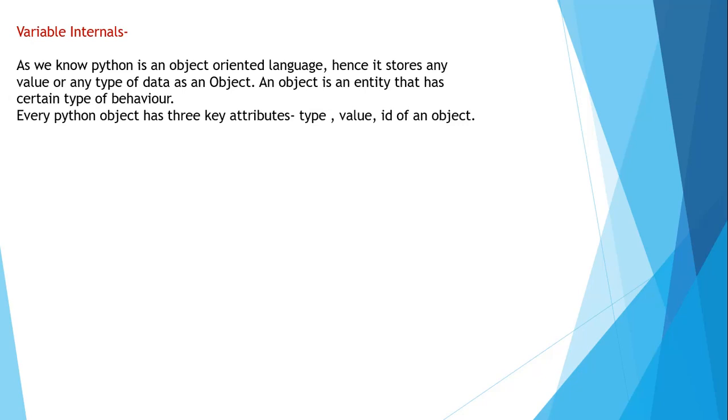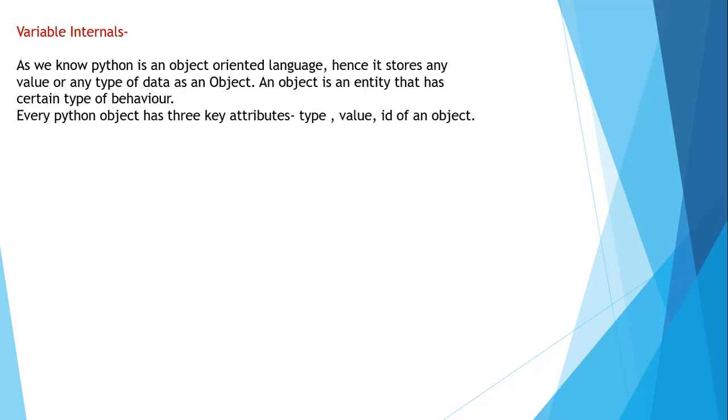In the Python programming language, or any other programming language, we also need to have certain objects, and those objects have certain behaviors or activities by which they are described. In Python, every object has three key attributes. The first one is the type, the second one is the value, and the third one is the ID. Whenever you have any object in Python, the object has its own type, its own value, and its own ID.